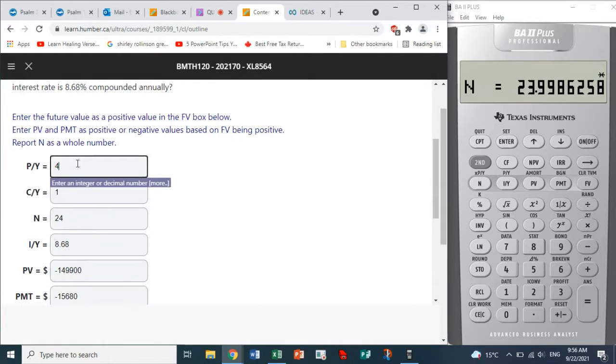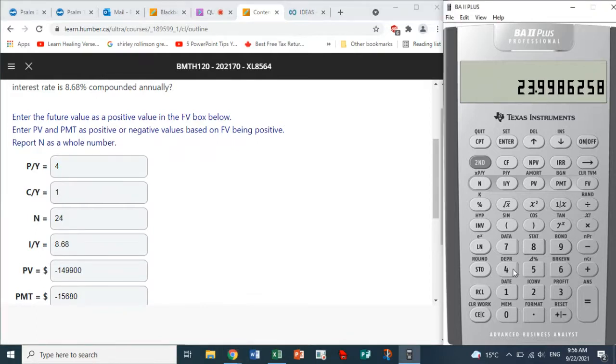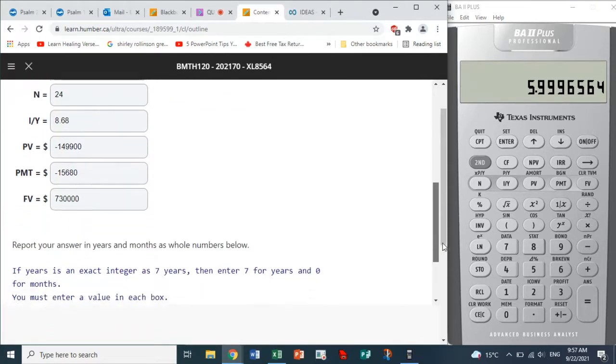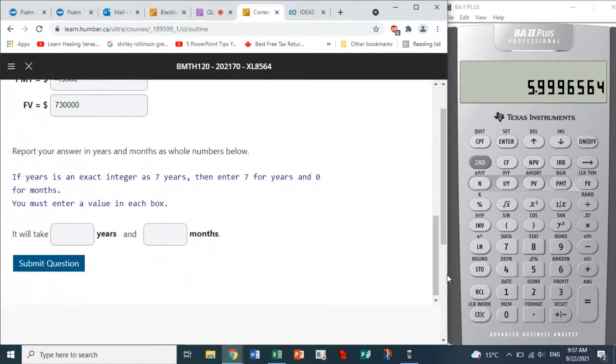find it to be? So what we have to do is divide by 4. All right, so if we divide by 4, we'll get how many? 5.999 years. 5, yes, that's the number of years. So this will be 5, okay? And then if we subtract the 5 from there, we get 0.9996564. If we multiply that by 12,